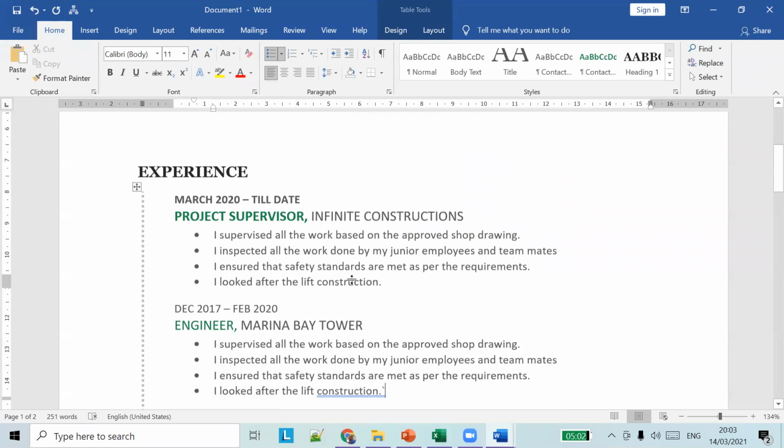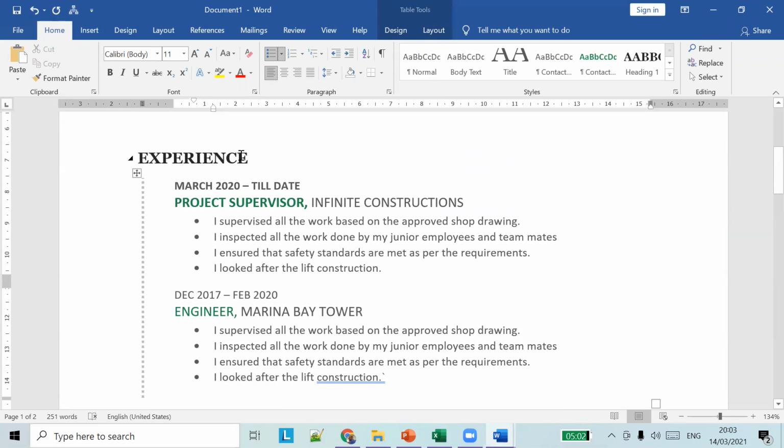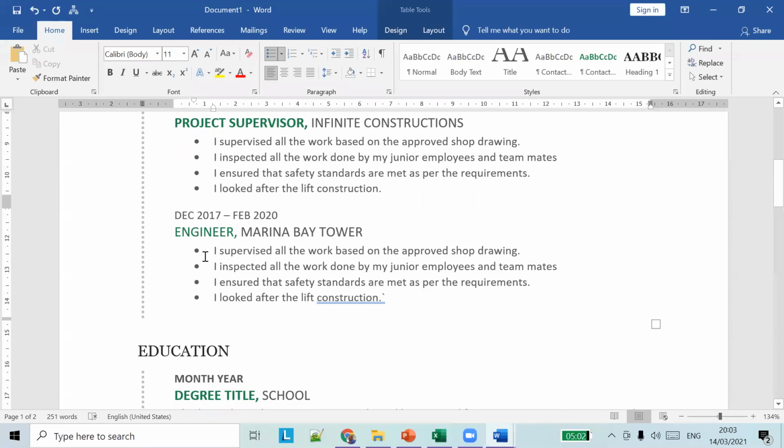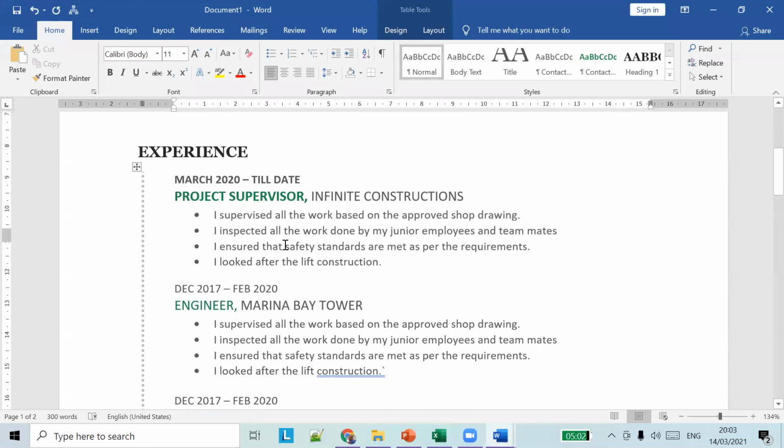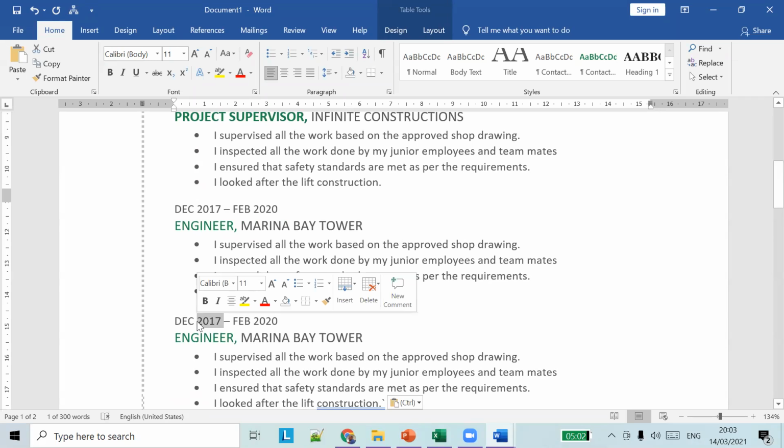We can add any number of experiences if you want. You can just copy this and add it to the bottom. Then you have to change all the particulars of the job.